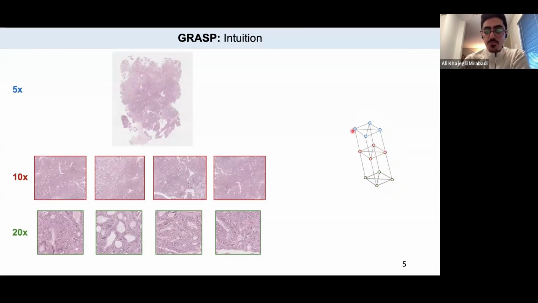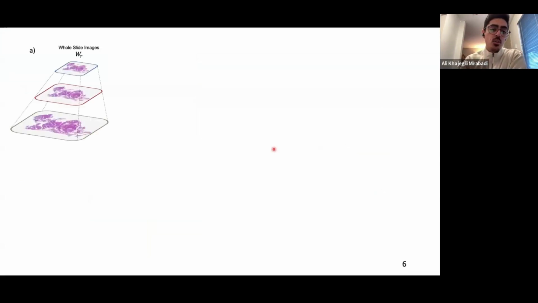And each node in different magnification connects to the corresponding node in the neighboring magnification. So this is the 5x node, this is the 10x node, and this is the 20x node. So that's a 3-level graph where each node represents a patch and each edge represents the connection of the different patches. So that's the whole idea of the graph that we built, and the overall workflow of the architecture is